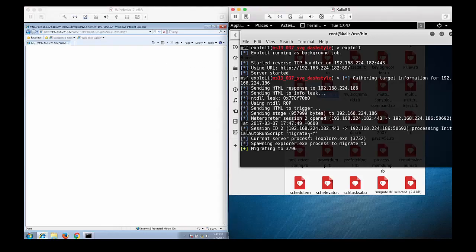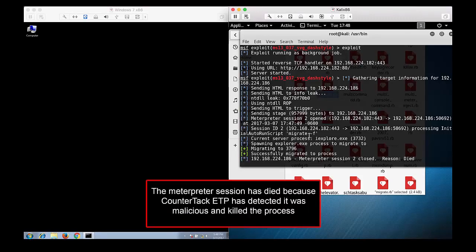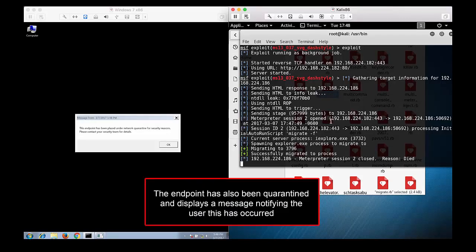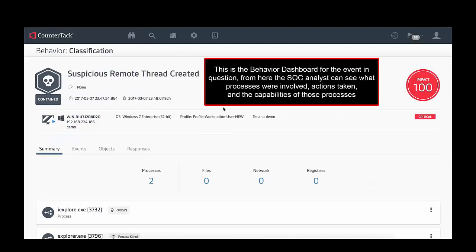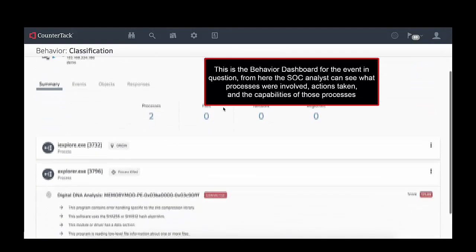process. This time, however, the Internet Explorer process and the hidden Explorer process hosting the Meterpreter session are killed instantly by the CounterTack agent. The endpoint is automatically placed under a network quarantine, indicated by the quarantine notification message to the user. In the behavior that was triggered, we can see that Internet Explorer created a remote thread into the